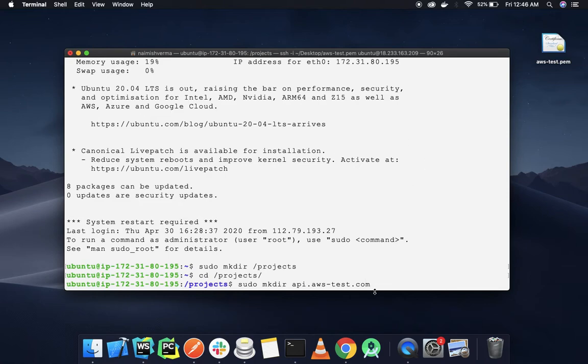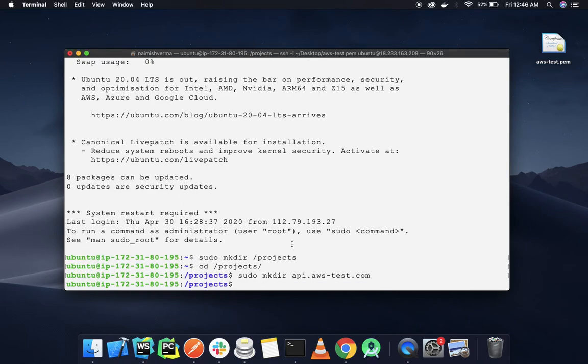test.com. Now this is actually the best practice to name the directory as per your domain name, so it will be easier to recognize which code belongs to which website or which project. Now after this we are going to change the directory permission of this to ubuntu.